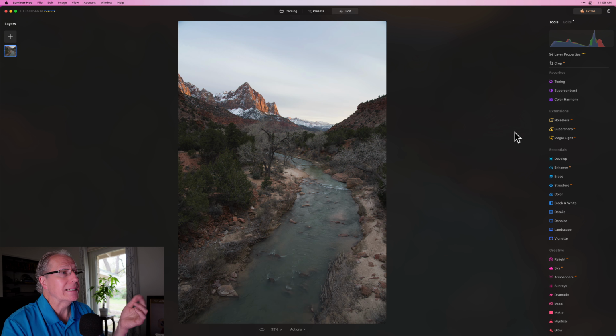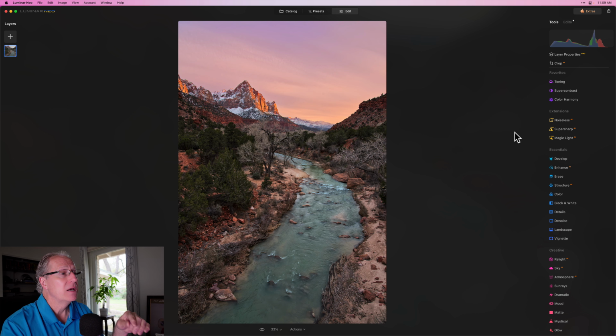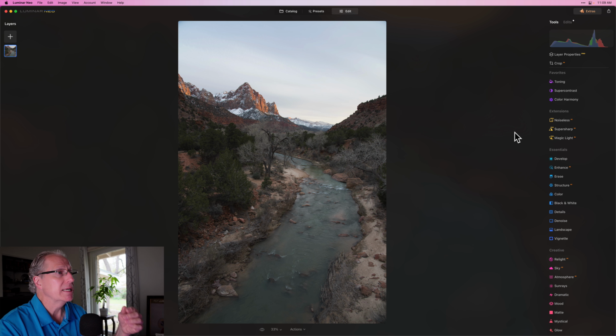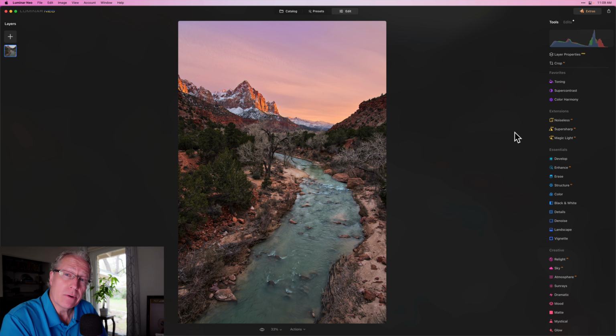Let me show you what we did. That was the base image, unedited raw file, and then with some targeted control of the light and the color and the detail, really, I was able to craft an image that I think looks really good, brighten that foreground leading line, which is the river, added a little bit of color, and then pop some of the light and the color in the sky and control the light in the rest of the foreground in order to create a nice overall contrast look and a final result that I find very visually pleasing. So one more time, before any of these edits and after,